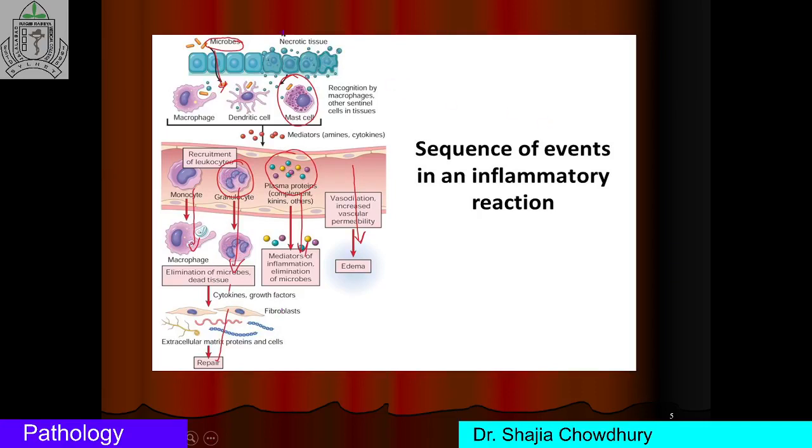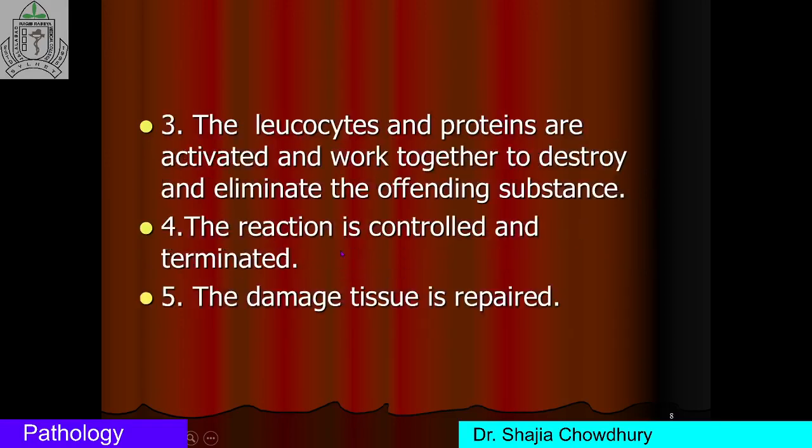And this is all about the journey of neutrophil or sequence of inflammatory reaction. First, recognition, then recruitment of the inflammatory cells, then activation of these cells and mediators to eliminate the offending agent, then termination of the neutrophil, and then mediators of inflammation are terminated, and the final step is ready for healing and repair. This is the sequence of events in inflammatory reaction in short. Now we will discuss this sequence of inflammation elaborately.